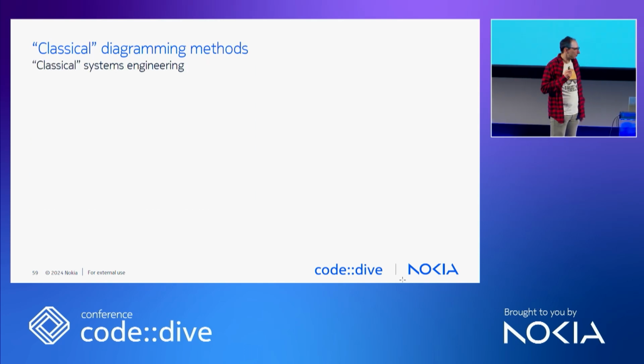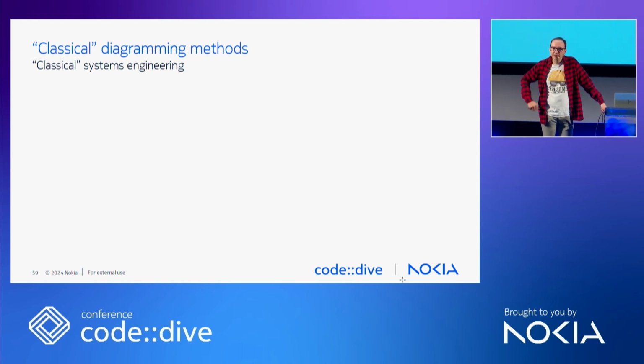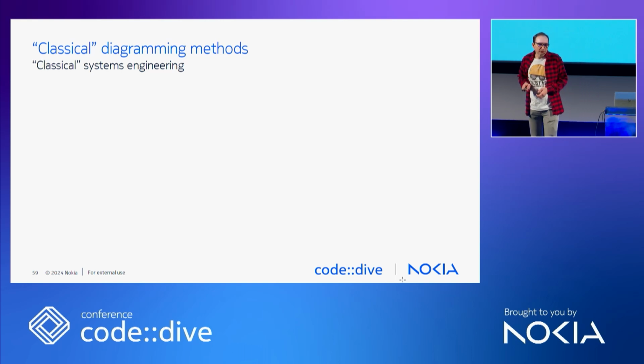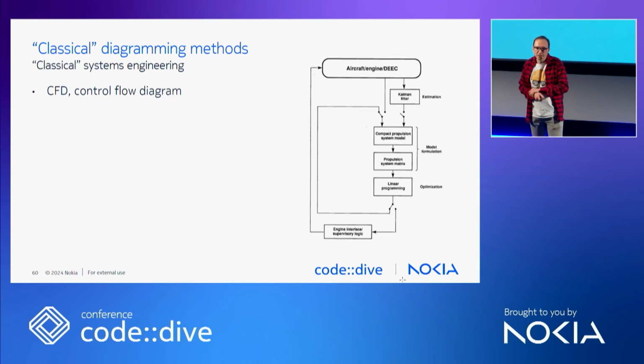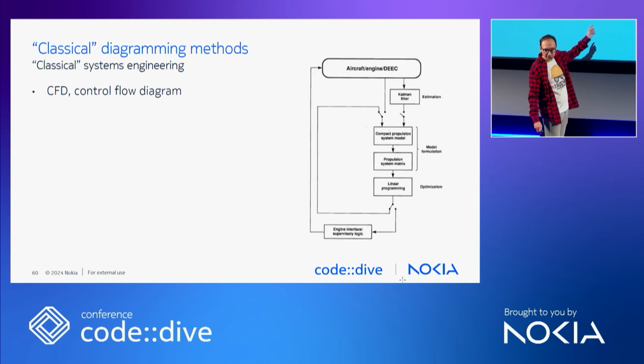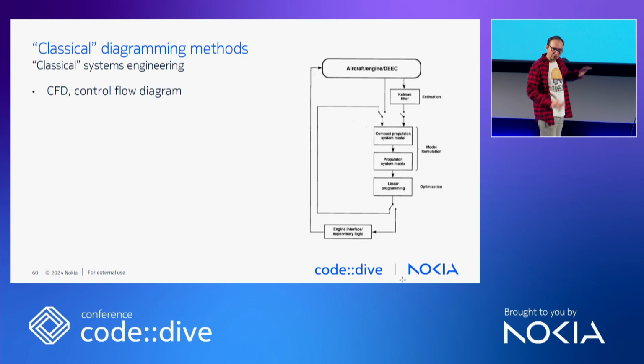Okay, coming back to the history, we started with the flowchart. Flowchart is called a classical diagramming method among other classical diagramming methods that were used not only for software engineering, but also for other engineering stuff, or even for business processes. We have CFD, control flow diagram. The name is self-explanatory. This depicts the flow of control in a system. If you Google it, you will end up all the time with this F-16 fighter jet flight control system. The whole article is freely available. I think it's all fake, just to confuse the Russians.